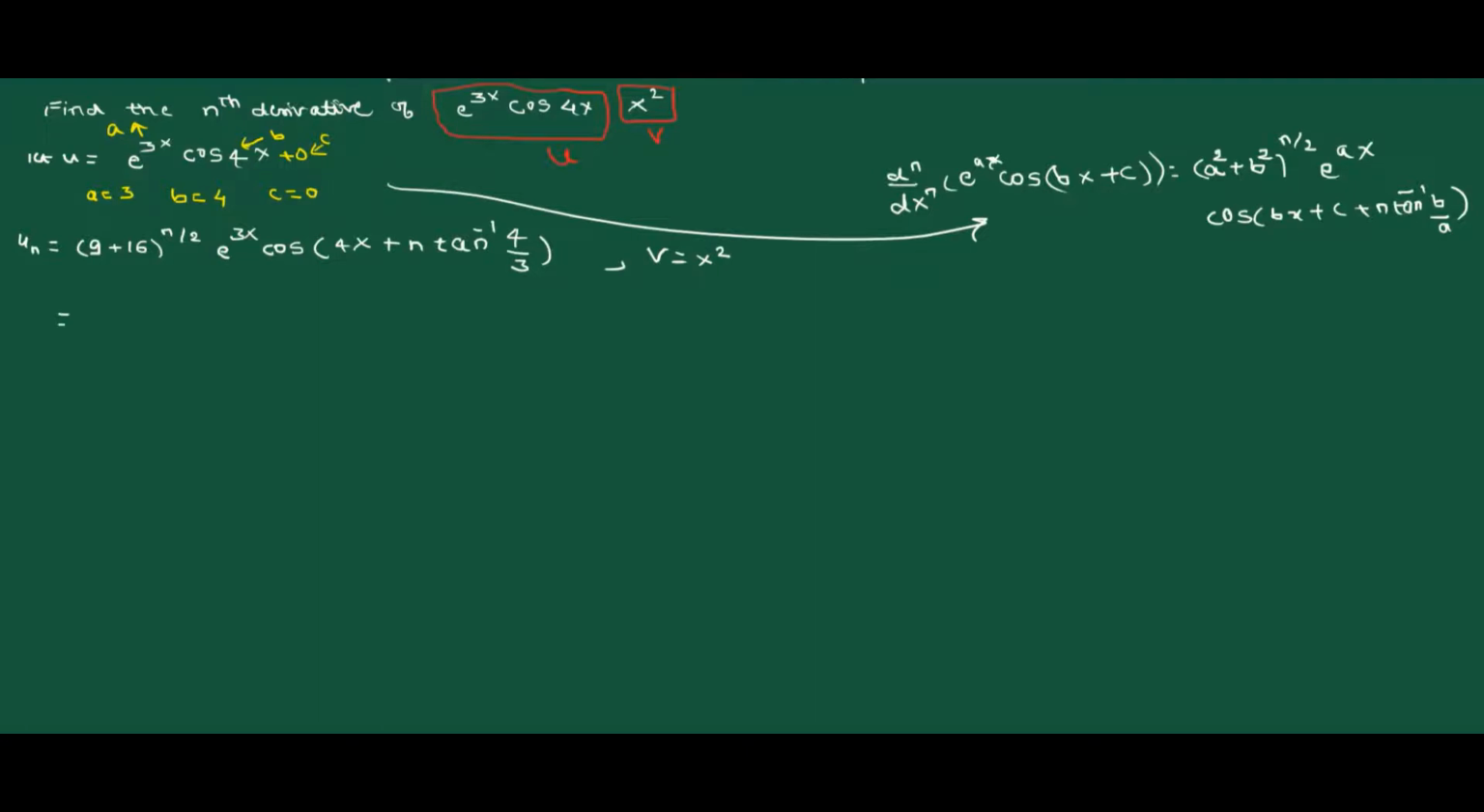So this is equal to, what is 9 plus 16? 9 plus 16 is equal to 25, and 25 we can write as 5 square, raised to n by 2, where this 2 gets cancelled, which means we are left with only 5 raised to n. The remaining terms are e raised to 3x cos(4x plus n into tan inverse 4 by 3). Okay, so now by Leibniz theorem,